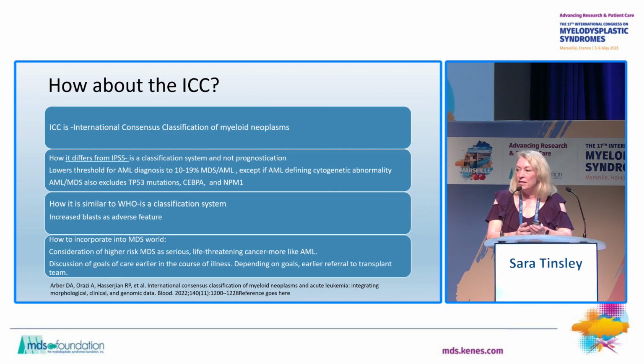These are serious bone marrow neoplasms. They're life-threatening, and then how do we talk to our patients? You know that this is serious, and then talking to them about what their goals of treatment are, and do they really understand what they're being diagnosed with, and where do they see this fitting into their life? What are their biggest concerns?